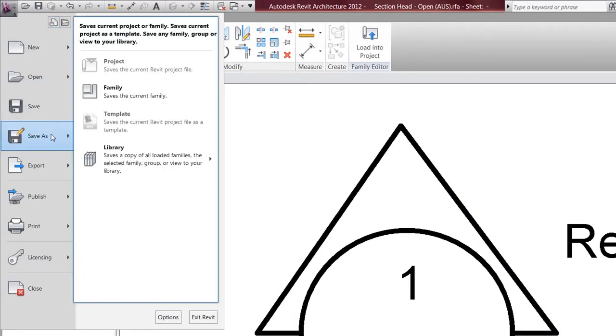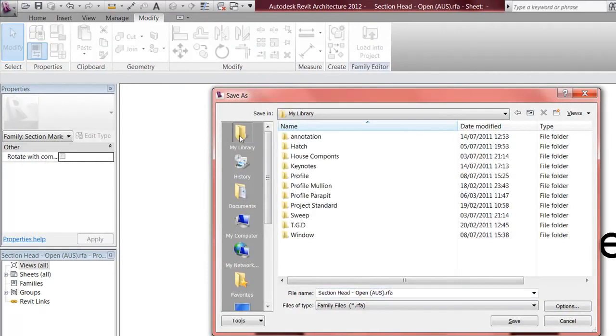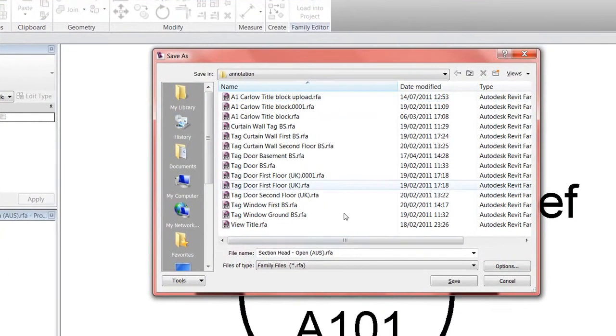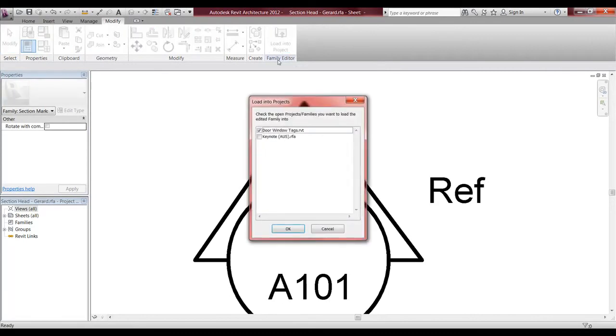So I'll save it out as a new family. I create a new family, go into my library, annotations, and section head, chart. So save, load it in,